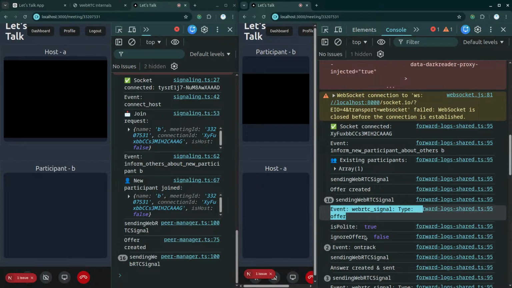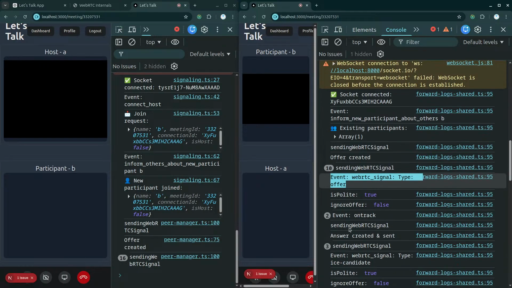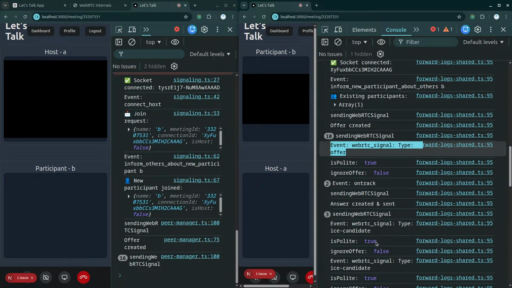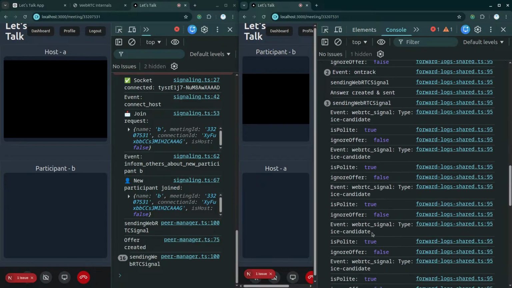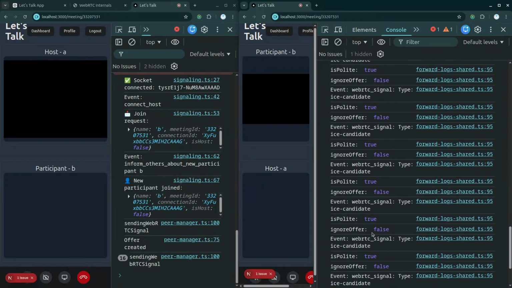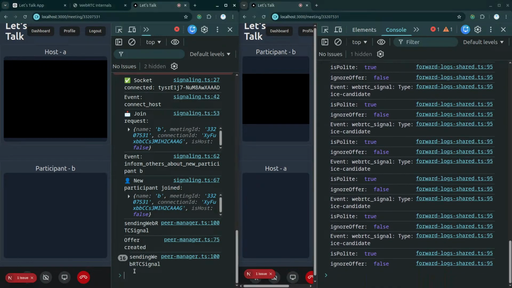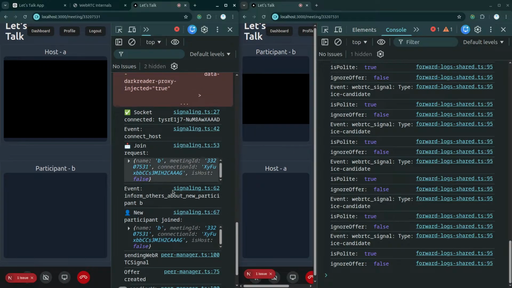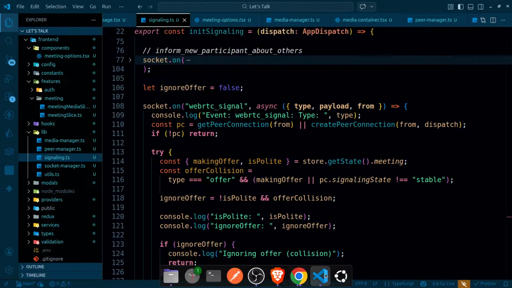is polite was true, ignore was false, so it was not ignored. Or answer created and sent. I sent the answer. Once the answer was sent, similarly ICE candidates are sent over and over and over, and that's it. The thing is that I got the answer over here, but that answer is not being received. So if I actually sent the answer from here,